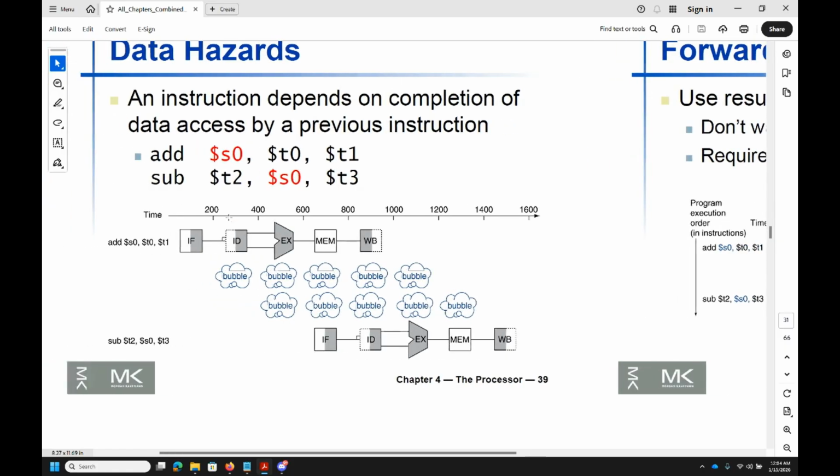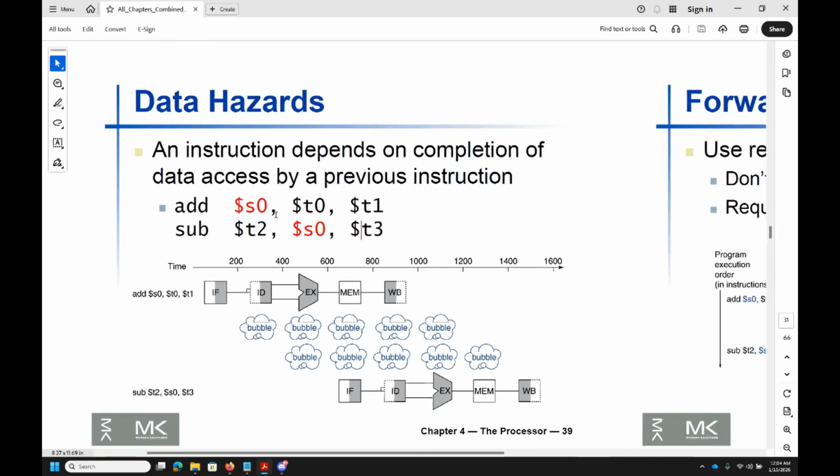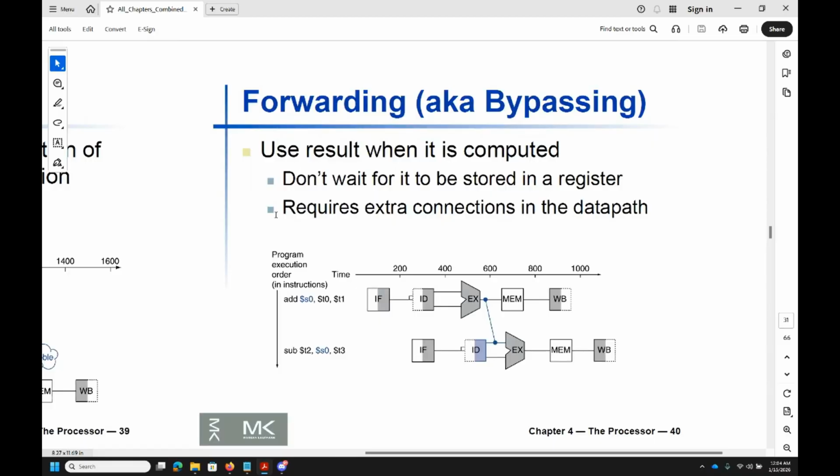You have to do it in one order. Whenever you have to do something in one order, you are limiting the parallelism. One way to solve this is to forward the result. This forwarding is done in hardware, so you don't do anything here. For software there are also solutions: if you have a very big loop or other instructions in between that are irrelevant, you can put those in between. The compiler can reorder those instructions to avoid those hazards.